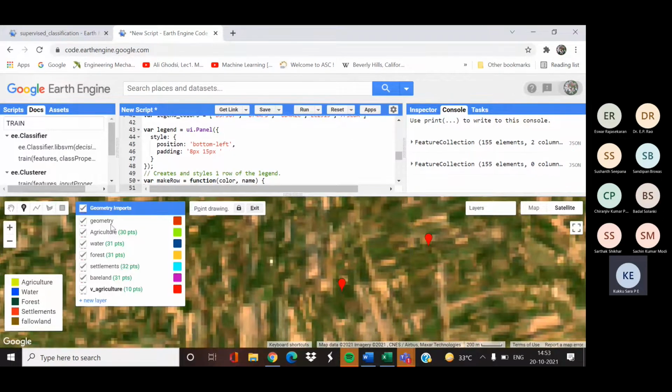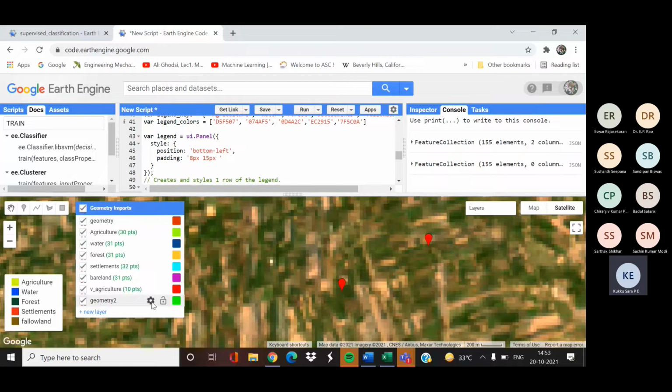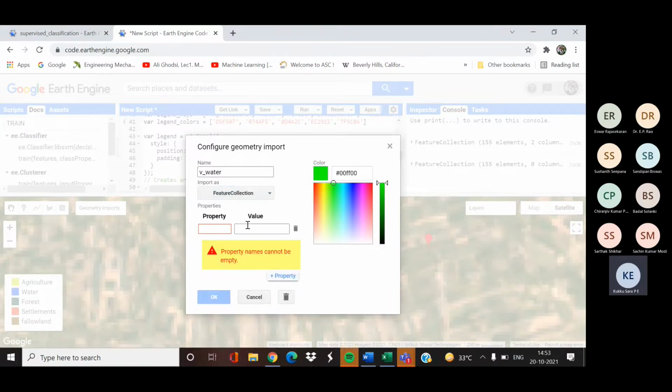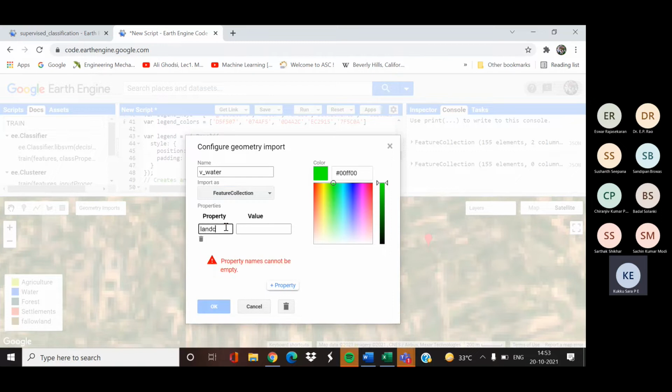Next we will collect for water body. So keep the name as V water. Again select feature collection. Give the property name and value.